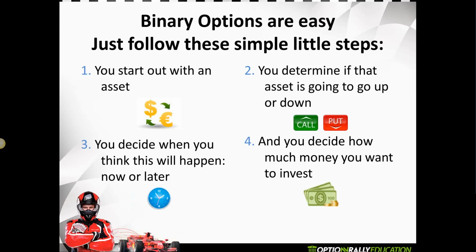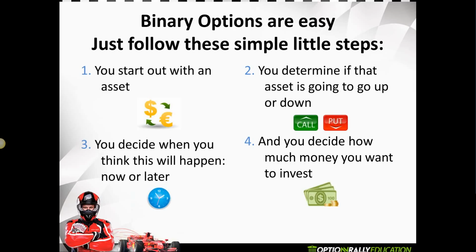So during European trading time, you can trade Vodafone or Orange. In the U.S. session, you can trade Alibaba. You can trade Facebook, Twitter, Google. In the Asian session, you can trade stocks on the Nikkei or stocks that are on the Australian exchange. Lastly, you can trade indices, and we all know what they are. There's the S&P 500, the FTSE 100, the Dow Jones, the S&P. We have the DAX, the CAC, the Nikkei. We have the Hang Seng, and you can trade all the indexes around the globe when those markets are open. Because when you trade binary options, you are trading in the live global markets.